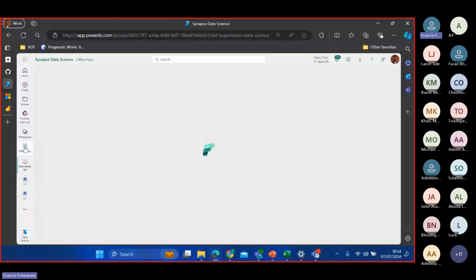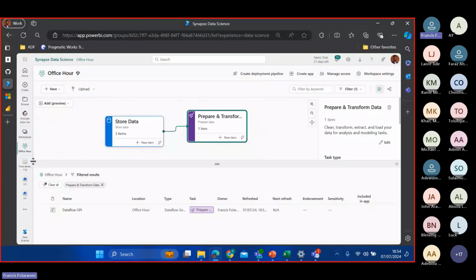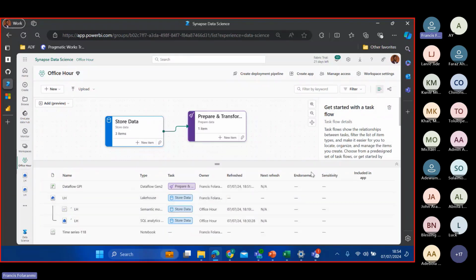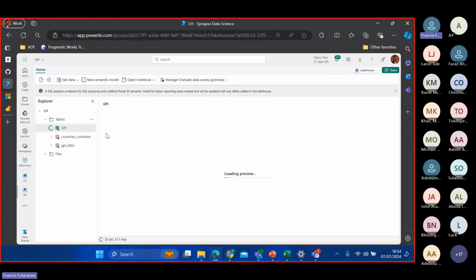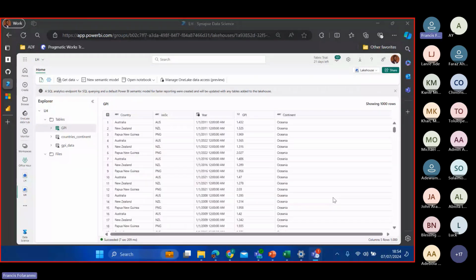So let me go back to our workspace now. Then let me close this notebook. Within our workspace, I want to be sure my data flow is downloading, which it is, it's downloading now. So let me go to my lakehouse and I can refresh now, and see if that will be loaded. But if it's wasting time, maybe I will just close it and reload the data flow entirely so that we'll have the date time format in our lakehouse. Okay, so now it's updated to be in date time format, which is fine.